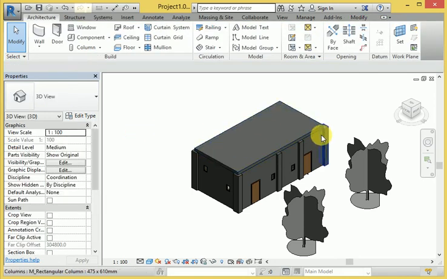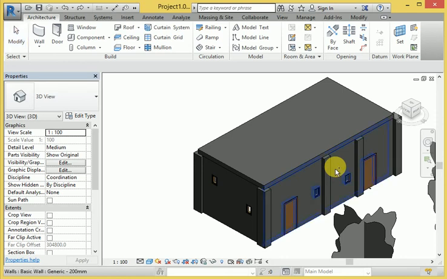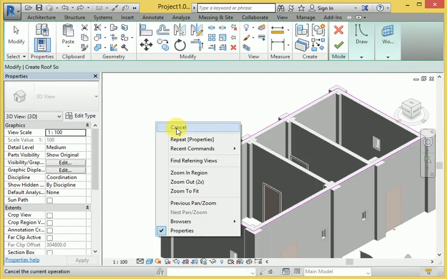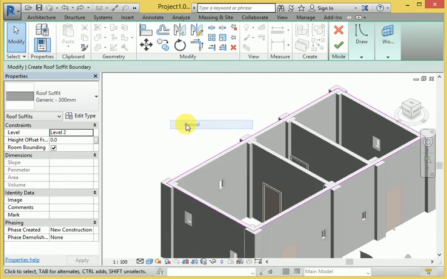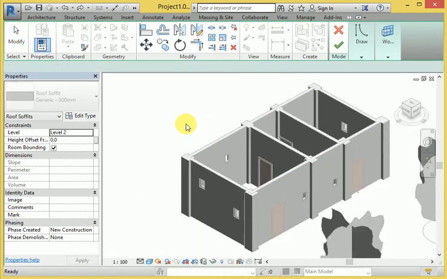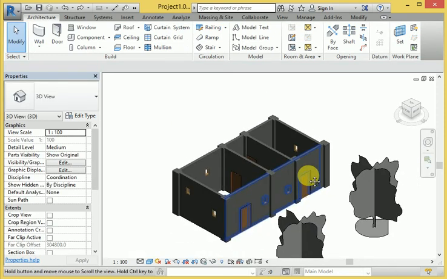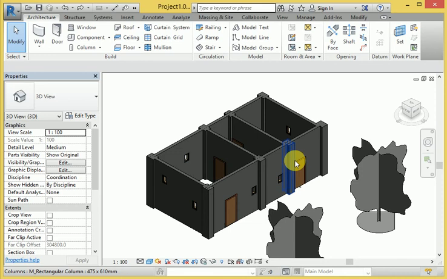So next, again I will get another roof design. So I will go back, see our planning here, and let's go to the next level in roof design.